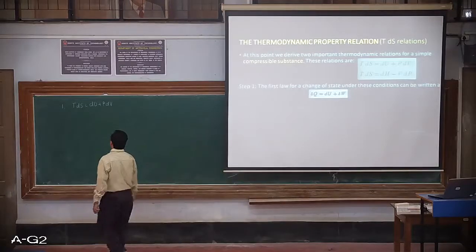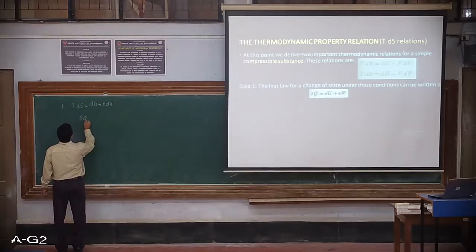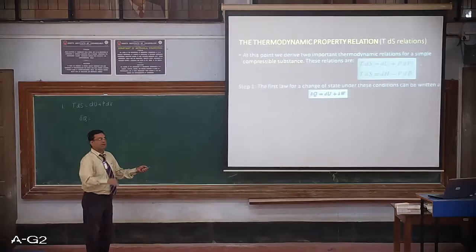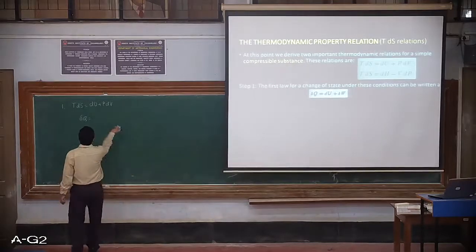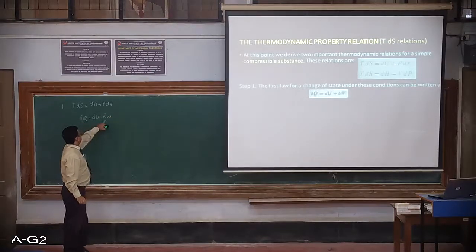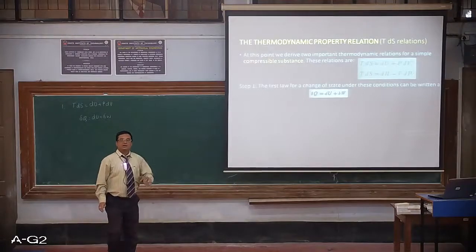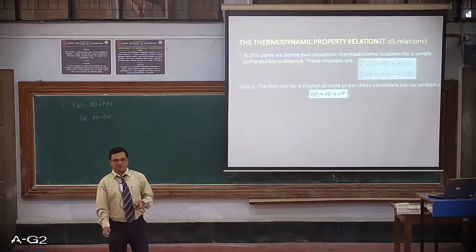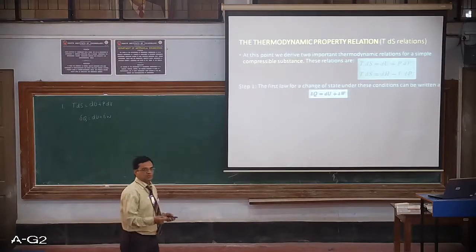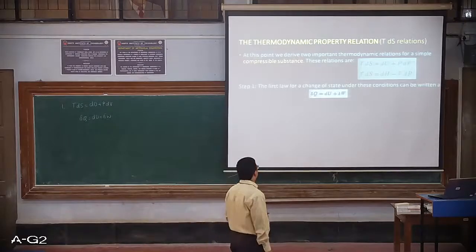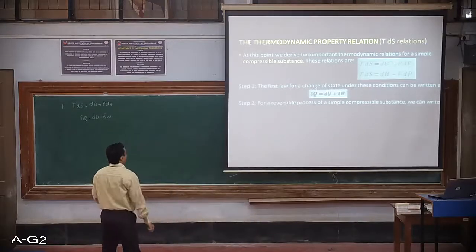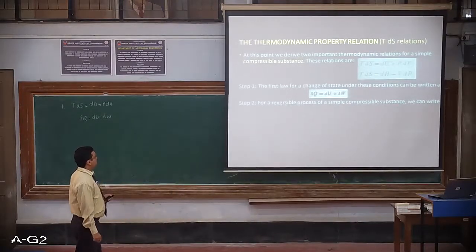So it is clear from the first law that what we are going to write is delta Q is equal to, okay, there is not much change over here. Earlier we used to write it as delta Q minus dou W. Now it is rearranged to dU plus dou W, whereas dQ and dou W are path functions and dU is a point function, hence it is a property of the system, and heat and work are not properties of the system, and because of that we have changed the mathematical notation to delta Q is equal to dU plus dou W. Step 2. In the second step, for a reversible process, okay, this is important, for a reversible process